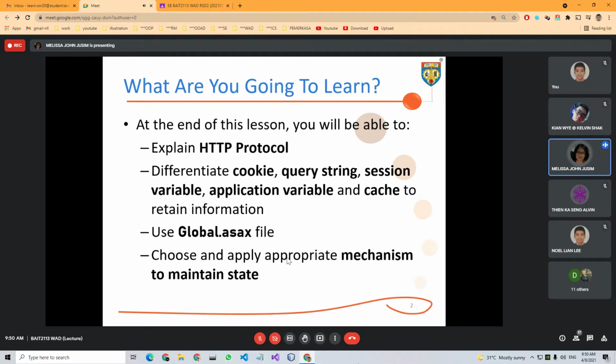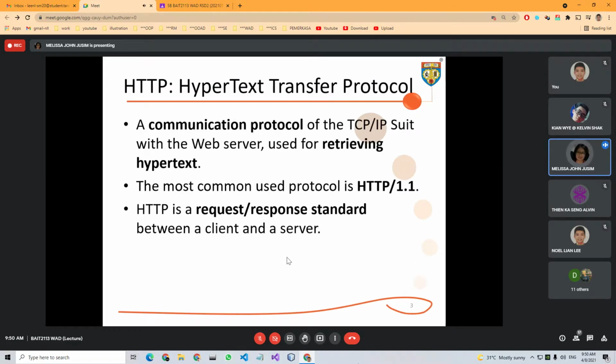We're going to start off with the HTTP protocol, which stands for Hypertext Transfer Protocol. It's a communication protocol, and we use it to retrieve our hypertext. It's a request-response standard between a client and a server.